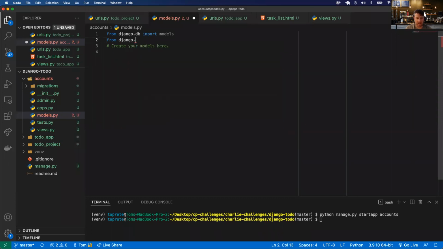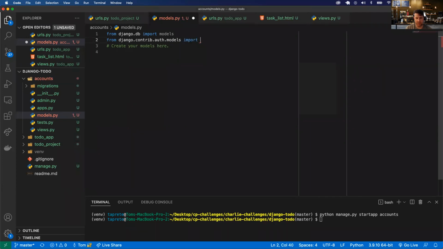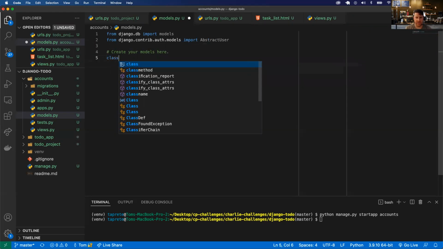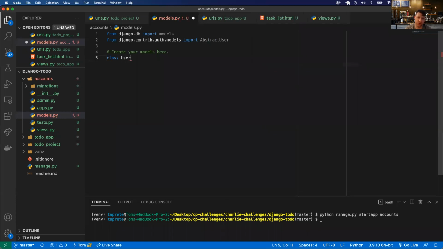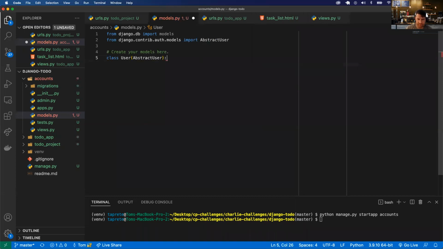From django.contrib.auth.models import AbstractUser. And in here, I'm just going to create a class User and inherit the AbstractUser class. And should there be any additional fields? You don't necessarily have to have additional fields on it if you just want to rename this user class, but